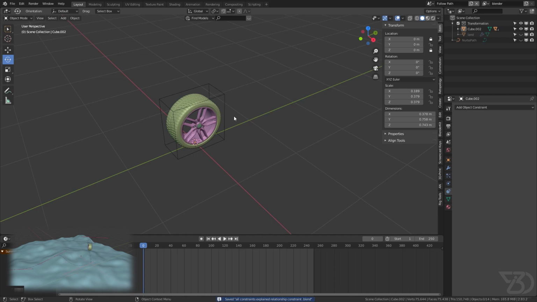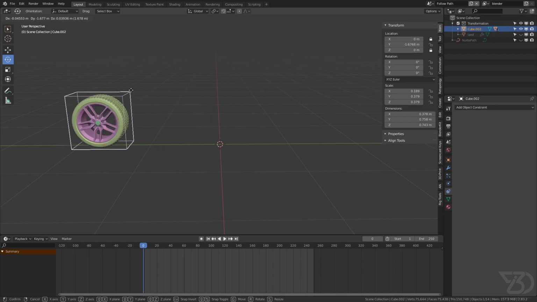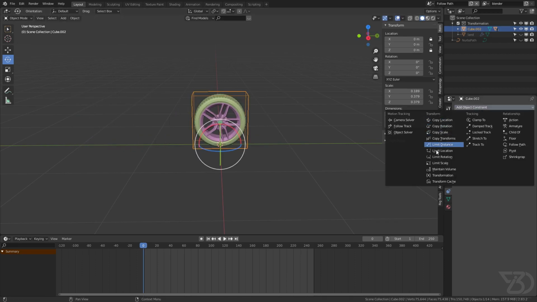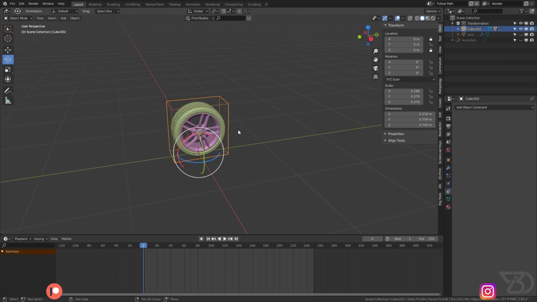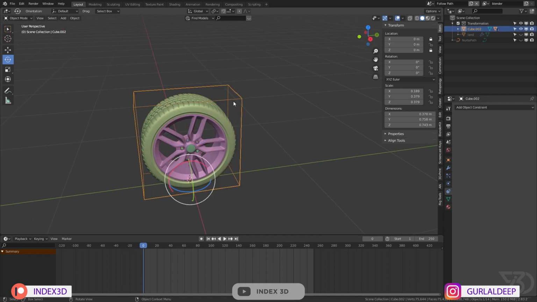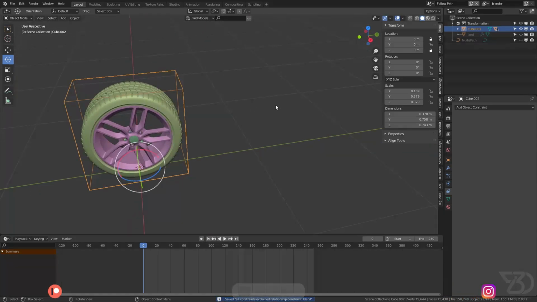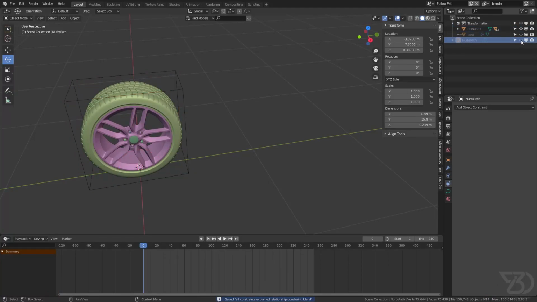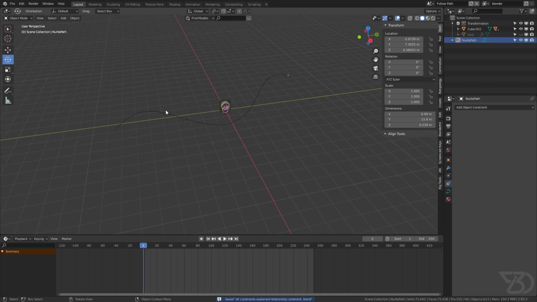So if you remember, we have created this ring in our first constraint tutorial about the transformation constraint, and if you haven't watched that tutorial, go and check that out. So basically I have a transformation constraint which is driving the rotation of this wheel from the position of this cube. So when I move this, it's rotating. Now we can use this follow path constraint to make an animation of this following this path.